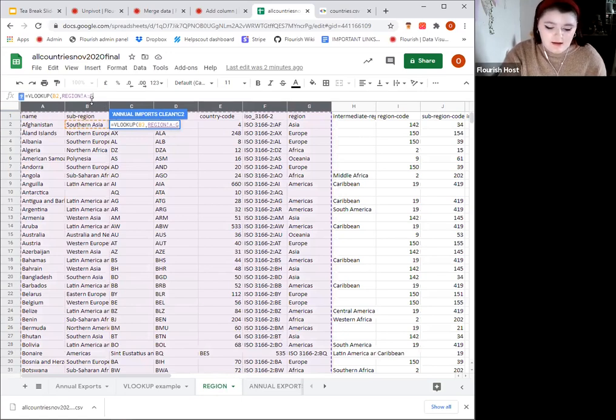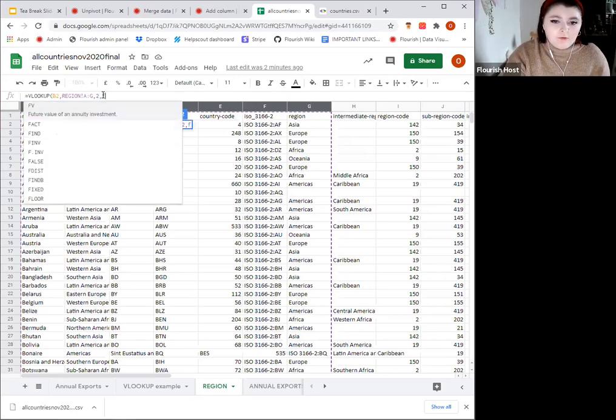And from here, the column that we want to pull the data from, so we want this data to be in our new column, is this B column. And this works as 1, 2, 3, 4, 5. So A would be 1, B would be 2, C 3, etc. So in here, we're going to put 2, and that's going to pull up what region Austria is in.